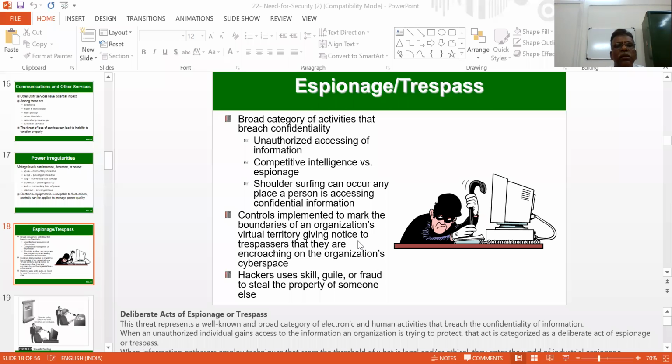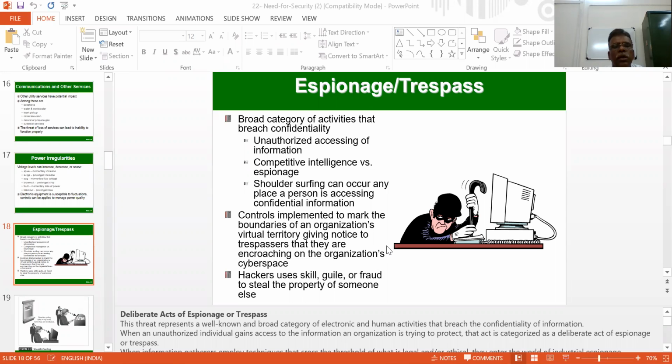One among them is unauthorized accessing of information. We are working in the organization, a person comes as a guest and just goes through, and we are not in a position to understand the unauthorized accessibility of the information. Competitive intelligence versus attacking, threatening, intruding, correct now, they have their own intelligence factors and information competitively. I can easily go for blocking, I can easily go for attacking, I can easily break into this particular website, correct now.